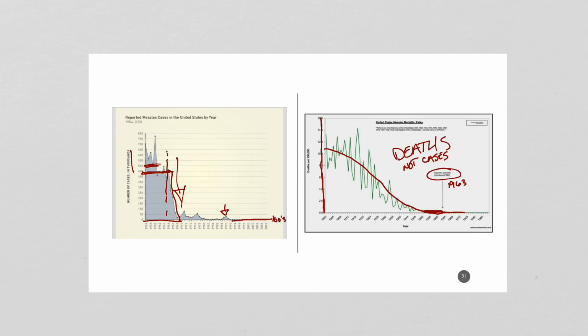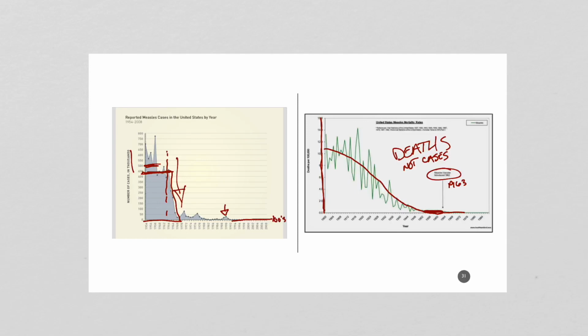So on the one hand, looking at deaths, yes, there were other advances, and we're never going to deny that there are other advances in medical technology that help people survive through a disease. But why should they be having the disease to begin with when the vaccine has lowered the number of cases, right? So we have antibiotics, we have iron lungs to keep people alive on polio. That doesn't mean that we can allow polio to come back because, hey, it's not a big deal if you get polio. We just put you in the iron lung and you'll live in there forever. No, probably not something that we want.